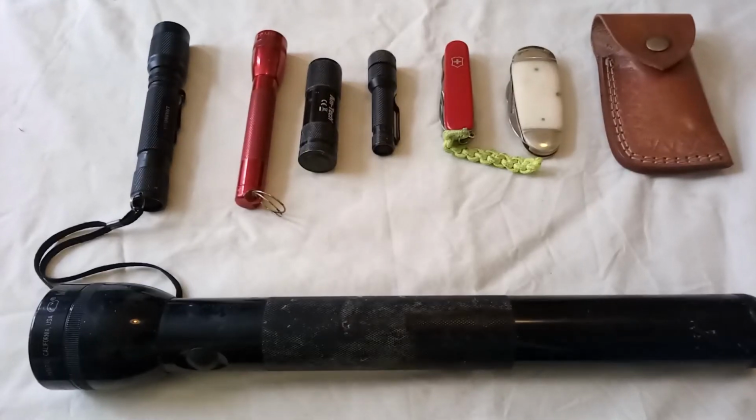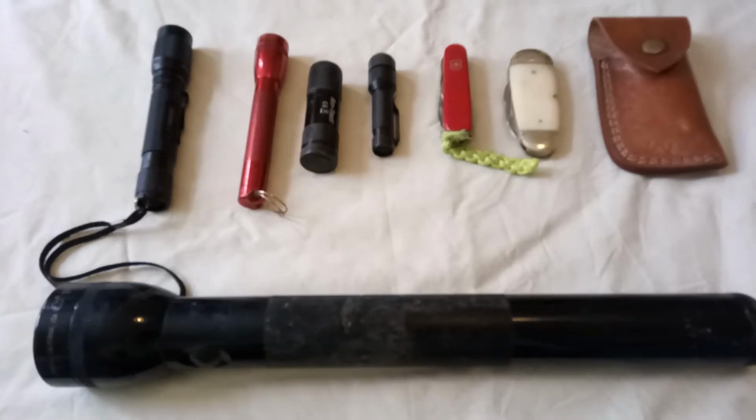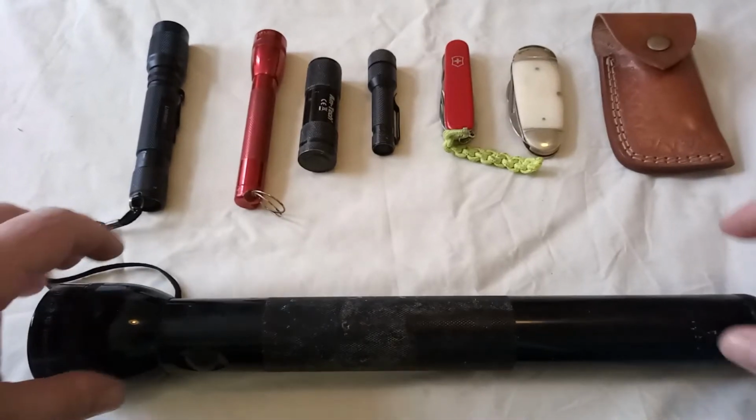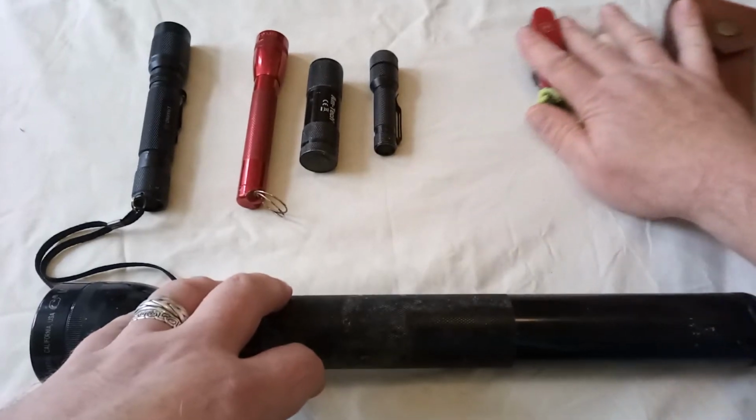I got tagged recently by a weapon collector in the best flashlight and knife combination for under £40 or $40. Thanks very much for doing that. I really do appreciate these tags. I've got knives that I can cover that quite happily with. Torches, though,